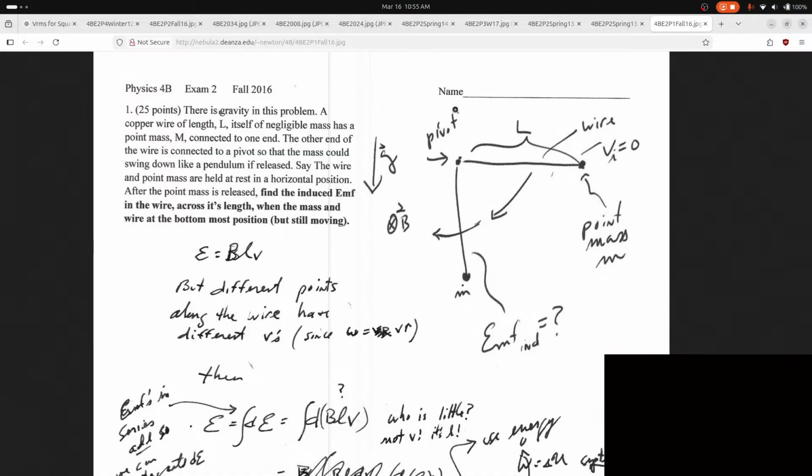Point mass M connected to one end. The other end of the wire is connected to a pivot so that the mass could swing down like a pendulum if released. Say the wire and the point mass are held at rest in a horizontal position. After the point mass is released, find the induced EMF in the wire across its length when the mass